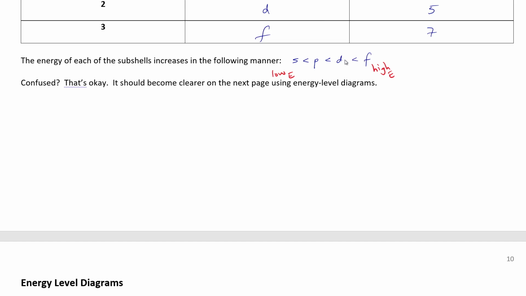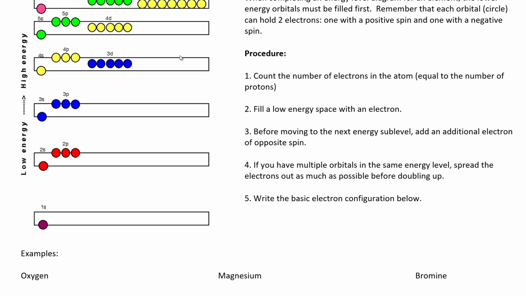D orbitals typically have more energy than s. So even though this d orbital is in a lower main energy level, it still has slightly more energy than the 4s, because the 4s has lower energy. So the order would be 1s, 2s, 2p, 3s, 3p, 4s, back to 3d, then 4p, then 5s, then again